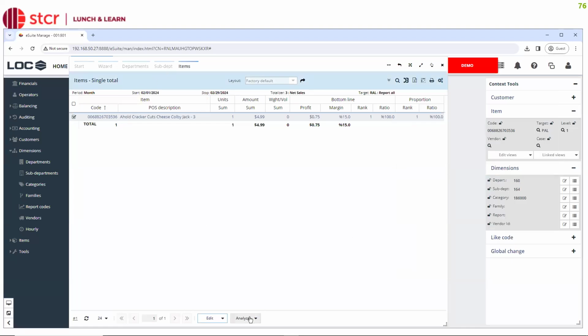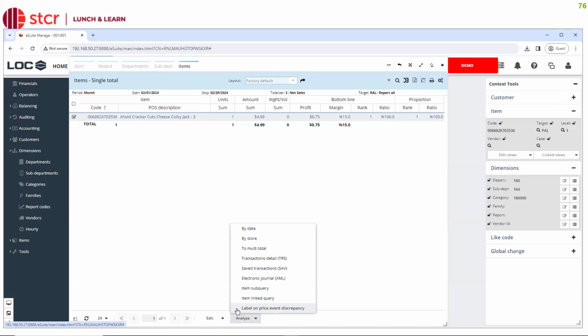There also, right here, is the ability to do an analysis. And this is, again, throughout all of them. So if you're going in to do an analysis, if you remember when we first went back with the criteria for this report, it had the ability to break it down by date or by store. If you did not check mark either of those at the time, you can come in and check mark them here. So if you said, you know what, I drilled down all the way into this information, I want to see this broken down by date because I did month by day, you can come back and select that right